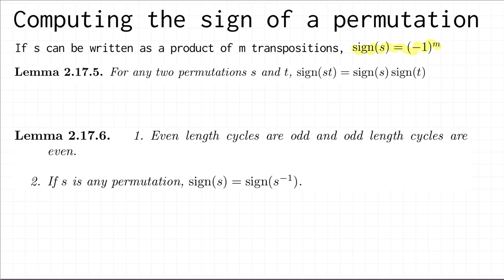So what that helps us to do is just to give a really simple proof of this proposition here, which says that for any two permutations S and T, the sign of S times T is the sign of S times the sign of T. The reason that's true is because if you write S as a product of, let's say, K transpositions, T1 up to Tk, and if you write T as a product of transpositions, let's say V1 up to VL, where again the V's are transpositions,